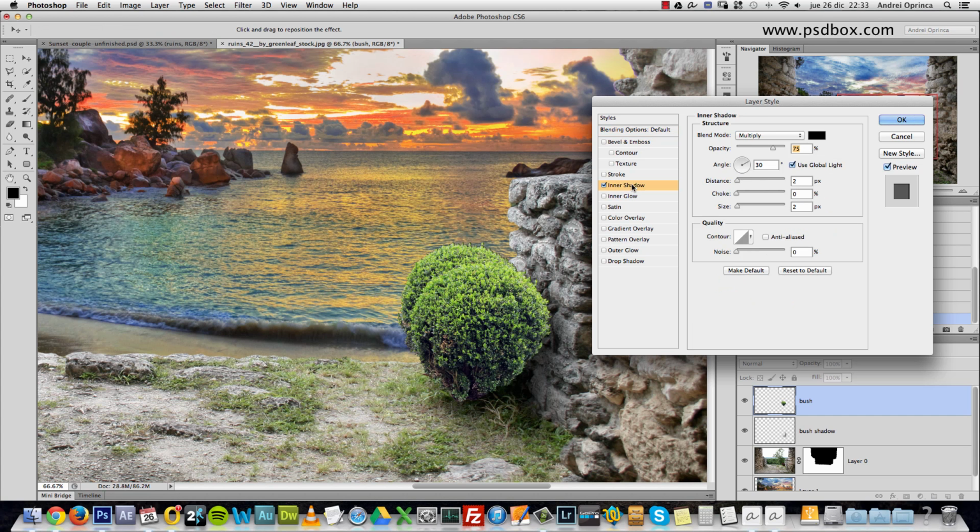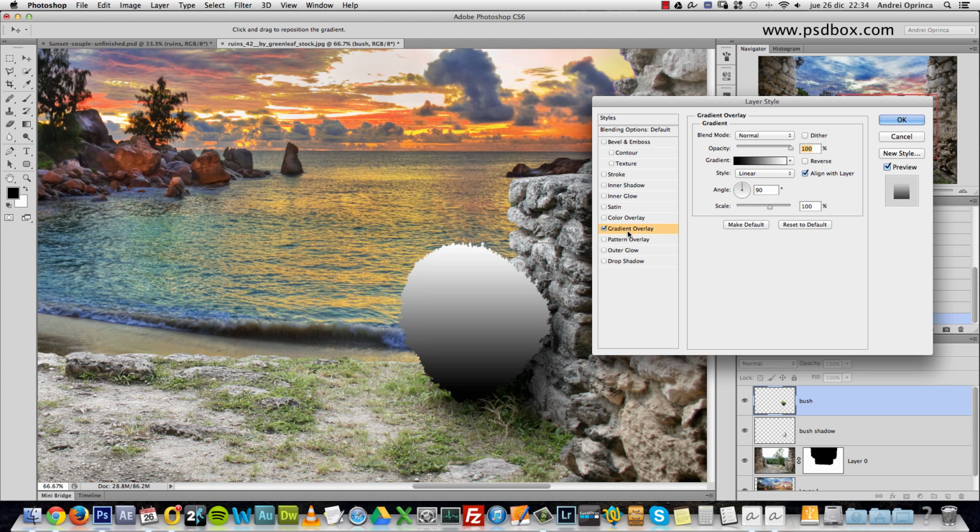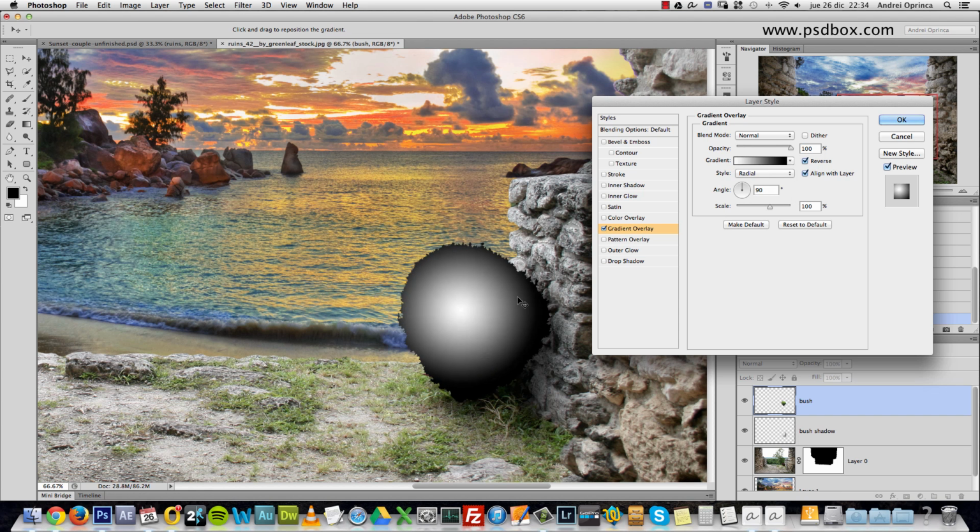You can use inner shadow and uncheck use global light and use about a 20 degrees angle, increase the distance and the size a bit. But I think I used the gradient overlay and I set the style to radial and I set this to reverse because I want the black part to be here, and I increased the size and set it somewhere like that,